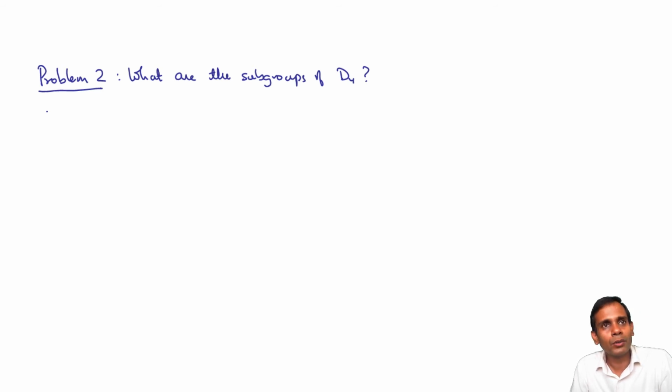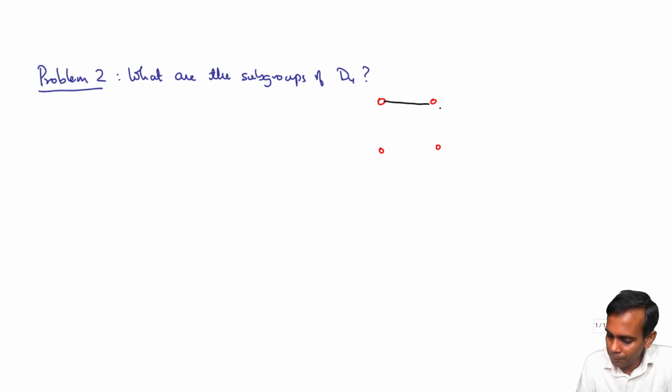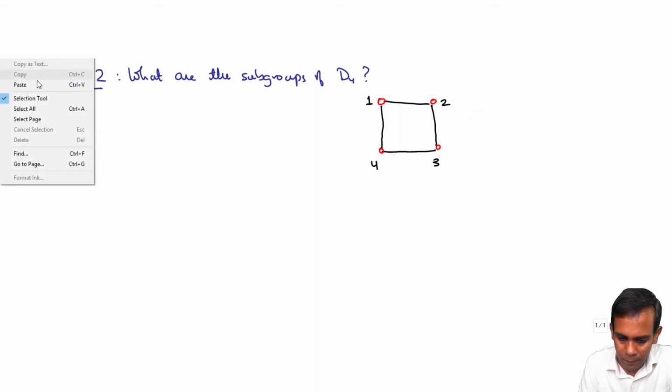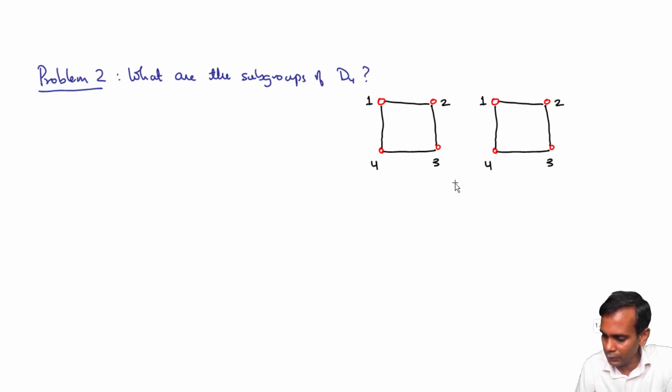Now a subgroup of order 2 would just consist of the identity and one more element, and that element better be an element of order 2. That means it's an element x such that x times x is the identity. Now we've already played with the dihedral group of order 8 enough to know what these elements of order 2 are. Let me just remind you. So this dihedral group of order 8, let's just have another one here. Okay, so we have now